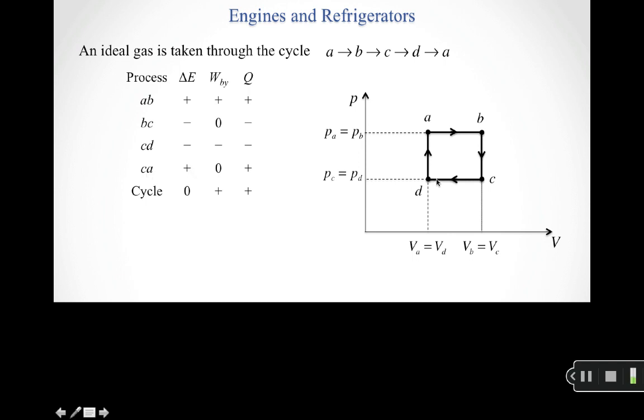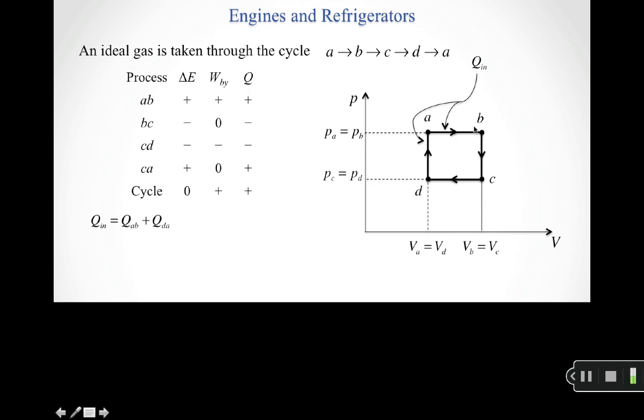From D to A, so this should read D, but from D to A, what I'm going to have is, well, I'm going to a hotter isotherm, so my energy will increase. Again, because it's a constant volume process, there's no work done by the system, which means that from D to A, my system has to take in energy as heat. And so what that tells me is,